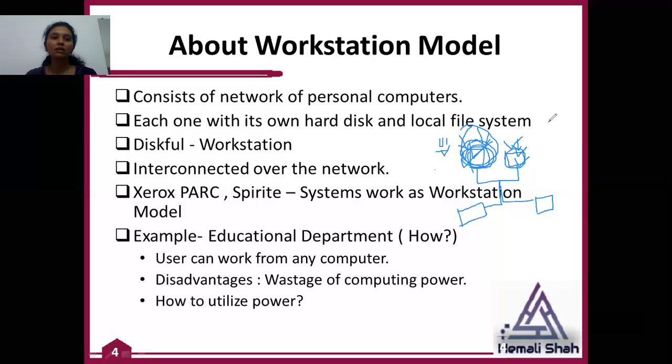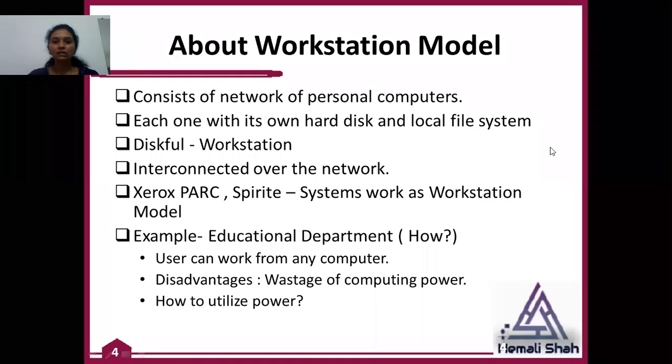Algorithms are available to manage such things. When the home user comes, what should we do with the remote process? Whether we should end this process, migrate this process to this home machine, or delete this process. So these are the issues, and the algorithms to overcome them are available in later chapters. But these are the issues regarding workstation models, right?